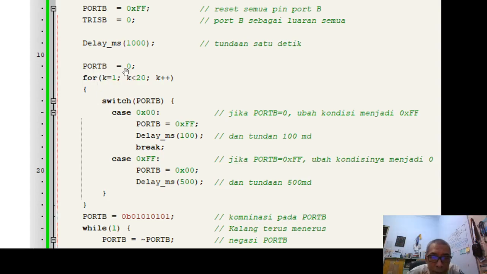And then for the second round, the case for the port P is FF. Before it is 00 and then FF, and now the second round is FF. Then the port P is 00, delay 500 ms. So the LED on time is shorter than the LED off time. 20 times, and so on and so on. Blink